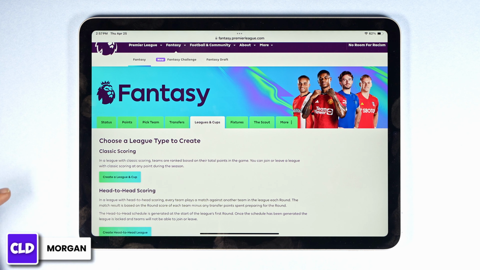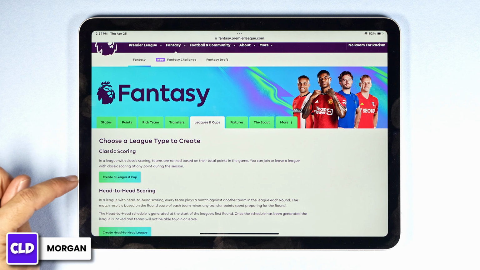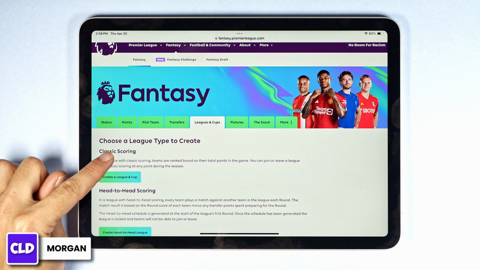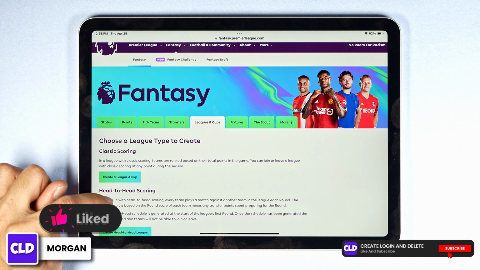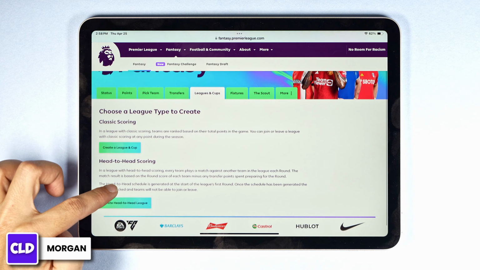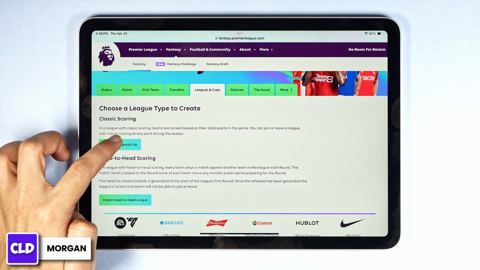For now, I want to create a classic scoring league, so I just want to tap on Create a League and Cup on classic scoring. But if you want to go for head-to-head scoring, you can simply go for Create Head-to-Head League. For now, let's create a classic league